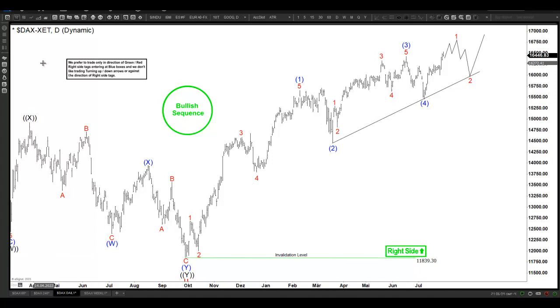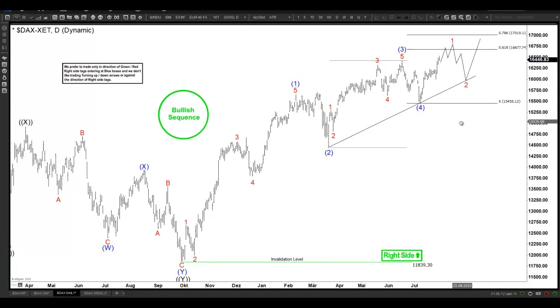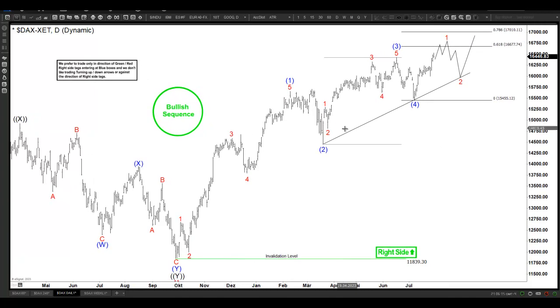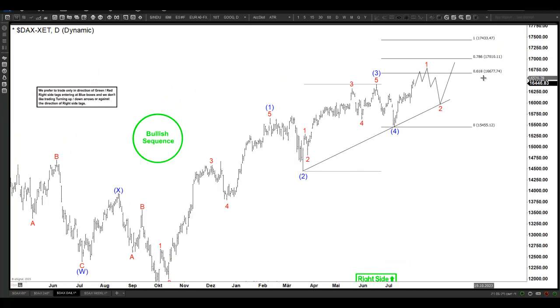5 is in progress. Wave 5 typically should be shorter than wave 3, or should be, because otherwise it will violate one of the most important rules of Elliott wave theory, that wave 3 within waves 1, 3, and 5 cannot be the shortest. It can be shorter than wave 1, but in that case wave 5 should be shorter than wave 3. In this case it should stay below 17,433. What will happen if it goes higher, breaks this level, and even erases divergence, which we still see